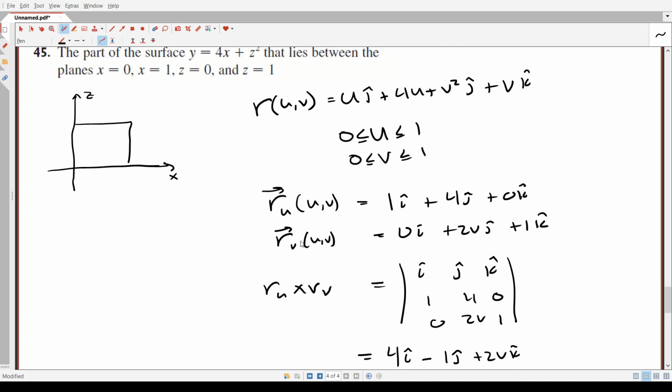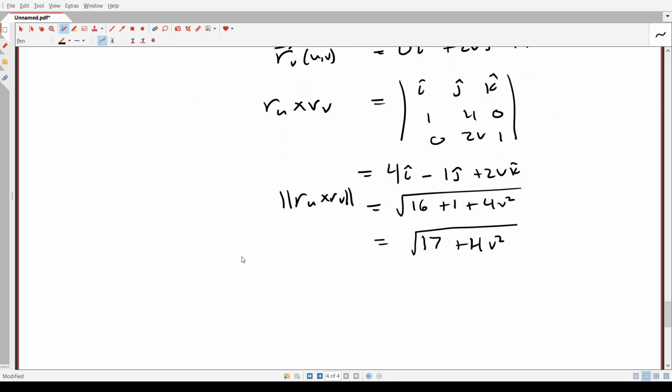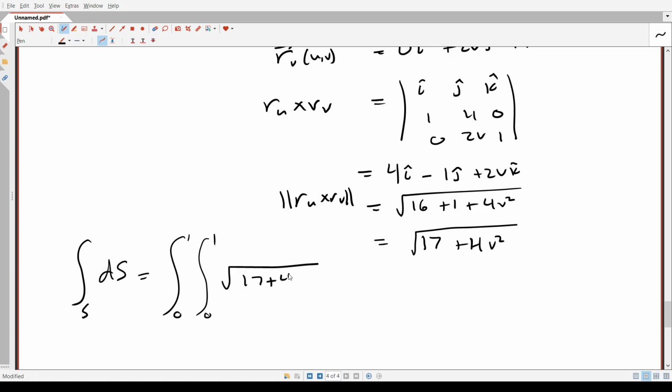Okay, so then the area of this surface is going to be this, capital S, which is the integral from 0 to 1, integral from 0 to 1, square root of 17 plus 4v squared dv du. Okay, and then,